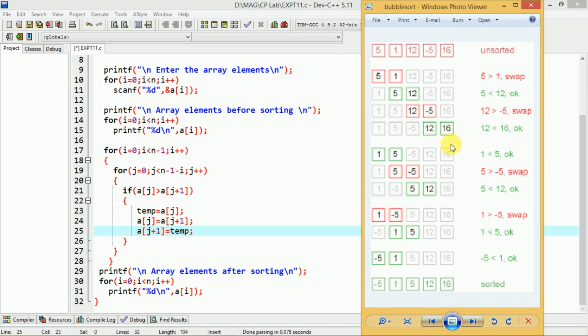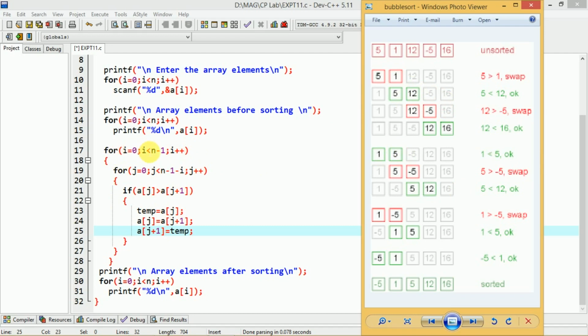In order to implement this we have the for loop in this way: for j equals 0, j less than n minus 1 minus i, j plus plus. Remember this, it is n minus 1 minus i, not only n minus 1. Here in this example n is 5, so n minus 1 will become 4. As the value of i increases, the value of this decreases. Consider one simple iteration, the first one only. Initially i will be equal to 0.